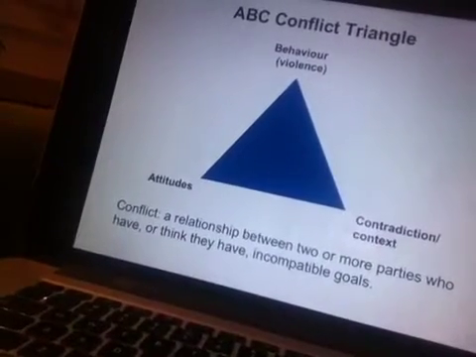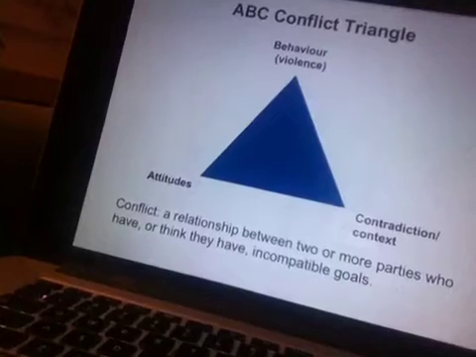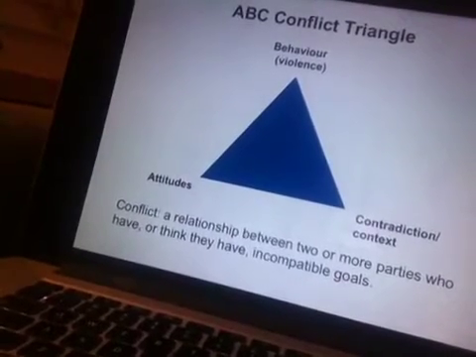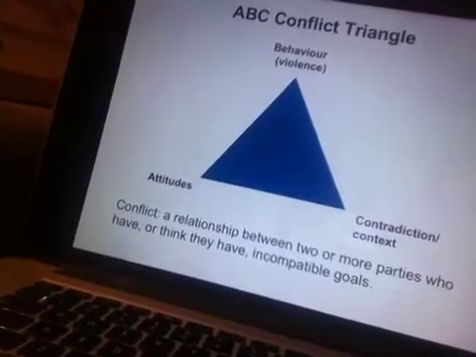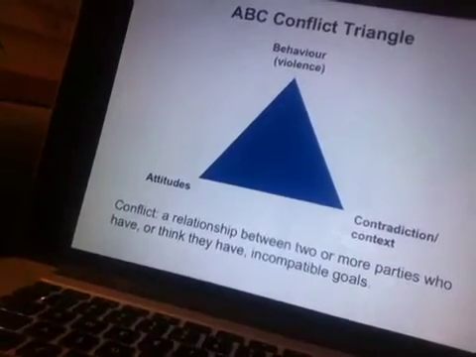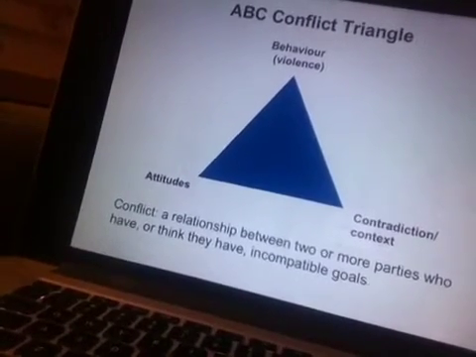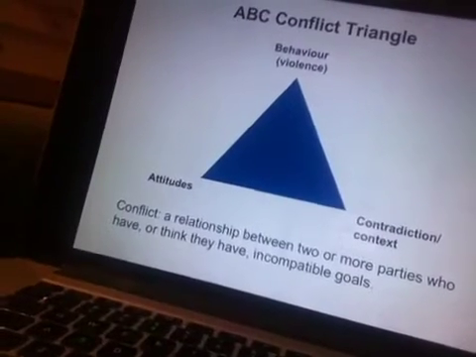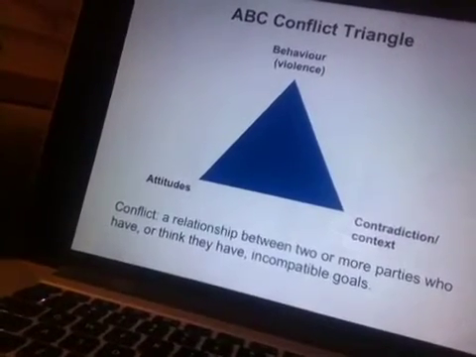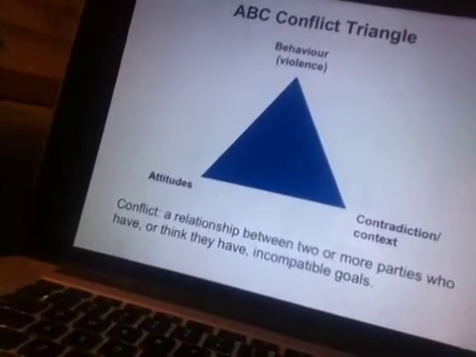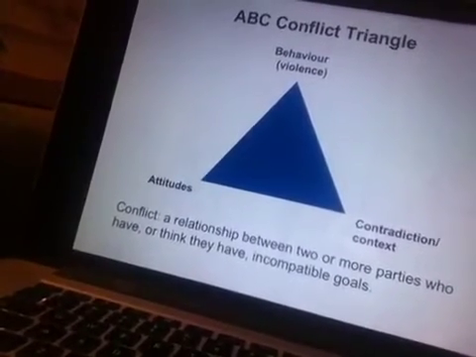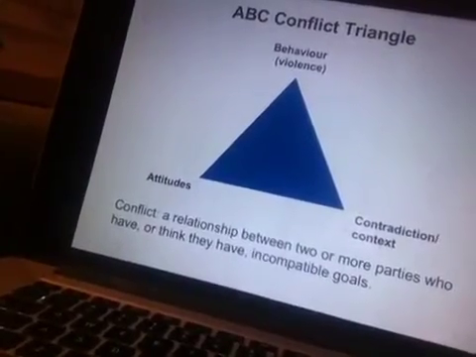And the contradiction provides a context within which people respond. Their responses can be gathered under the two headings of attitudes and behaviours. Some of the very familiar presenting symptoms of conflict, which feature regularly in the news, including, sadly, from Syria, are, of course, in the category of violent behaviours, and they should be seen as responses to the conflict. So that's quite important. We can have conflict without violence,